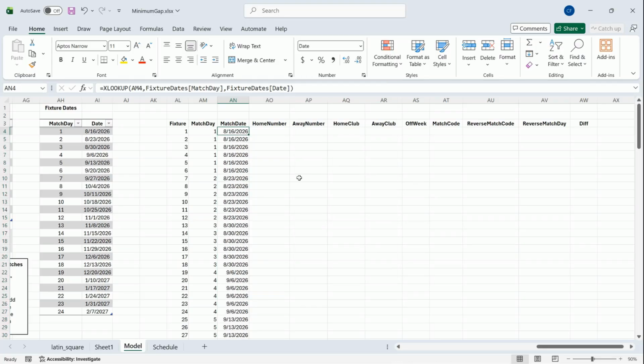There we go. And these dates are written using the American system, which I don't really care for, but it is what we're stuck with, at least here in the United States. Now, the nice thing about this setup is that we don't need to do a lookup for the home number and the away number, and those are the numbers of the club. So if I scroll back over to the left,